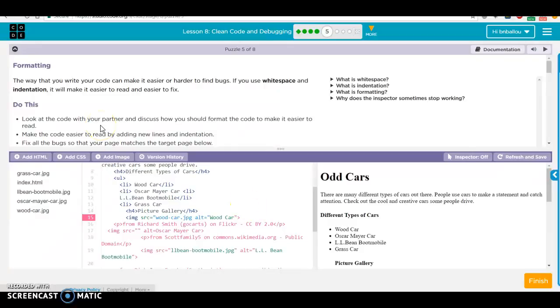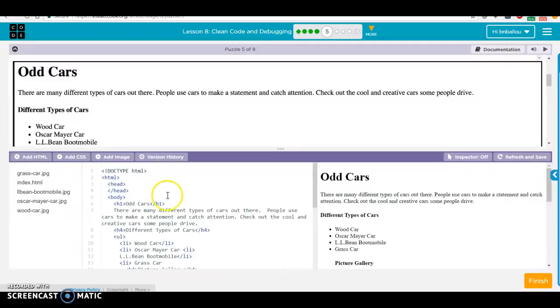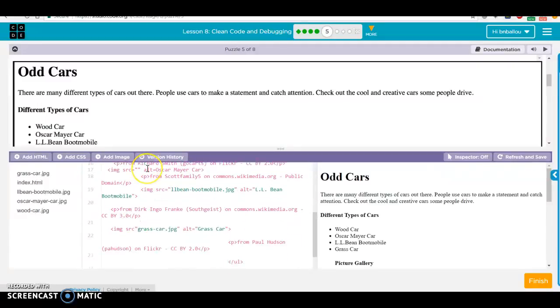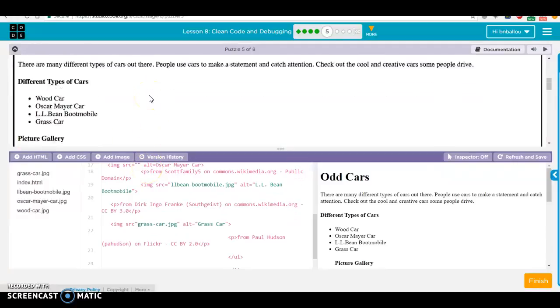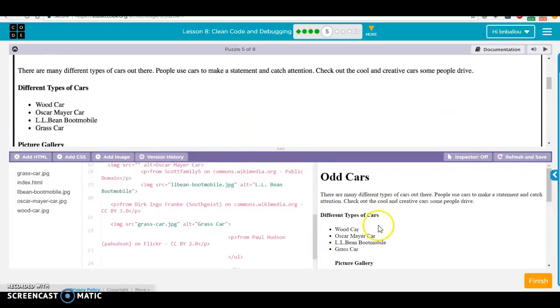So let's start. We want it, now that stuff has been entered down onto its own line, each tag is on its own line. We're going to begin the process of fixing my page so it looks like this page. So this first section looks good, and these list items also look